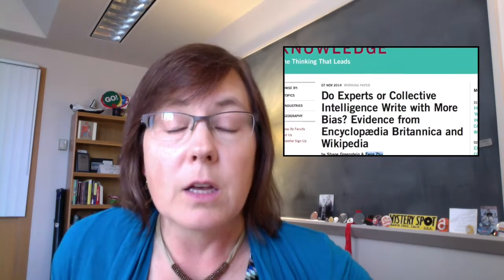I'm also asking you to take a look at a working paper that is examining language and bias as found in entries in Wikipedia and Encyclopedia Britannica. There's a lot of information out there on how reliable or not Wikipedia is in various subject areas and various disciplines. And they tend to compare Encyclopedia Britannica to Wikipedia. I'm not sure if that's good news or bad news for either one of those resources, but it's interesting to note that those seem to be the two points of comparison.